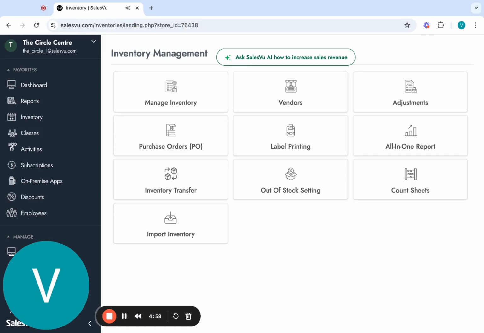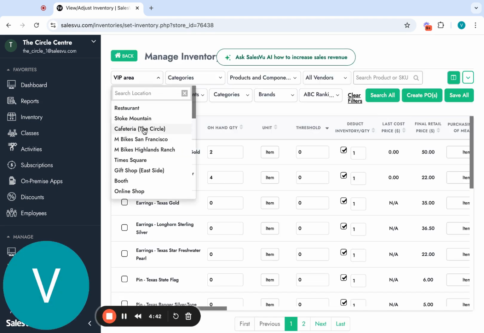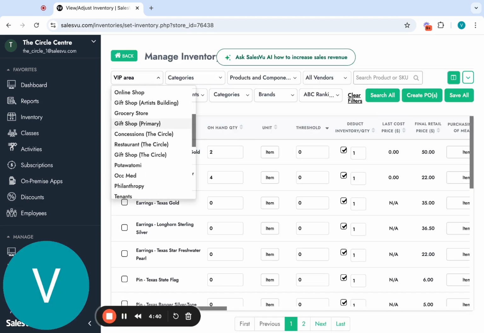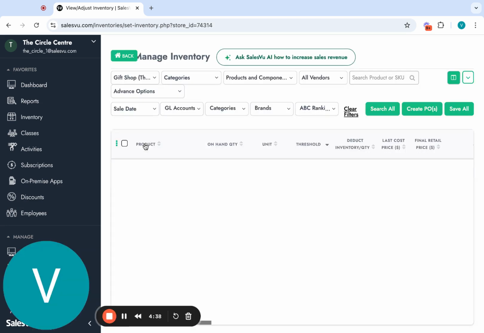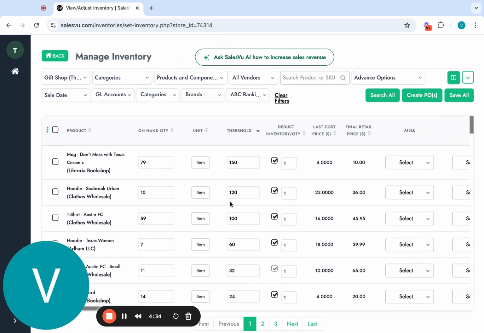Perfect. So let's get started with the inventory management section. So here on the back end, I'm directly here on inventory, and these are all the different sections that this contains. So if I go into manage inventory, I can select the location because each location will have its own inventory completely separate. And I can see a full list, and I'm going to expand here, full list of all